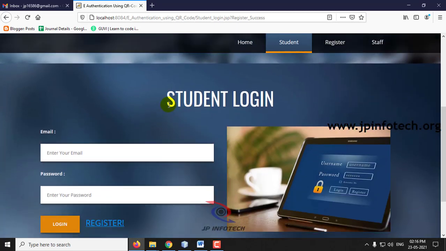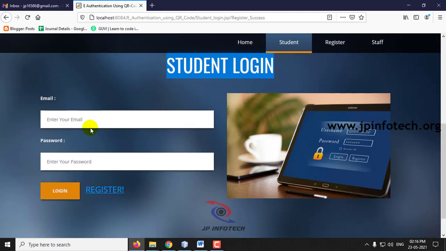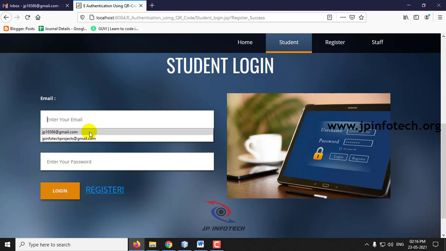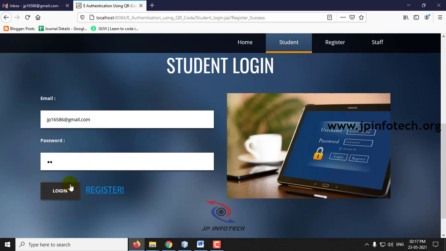Now you can go to the student login and log in with the email ID and the password that you used for the registration, and then click login.